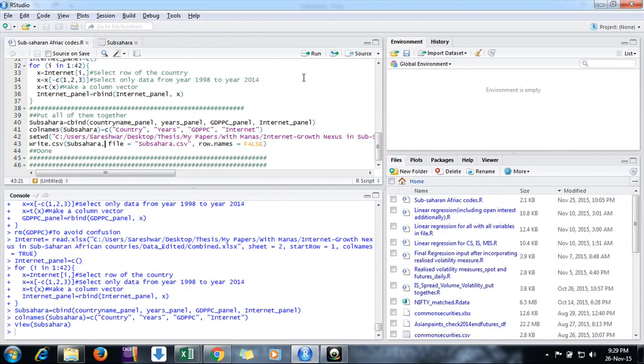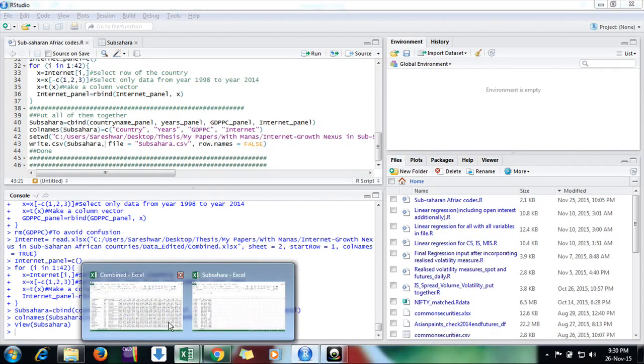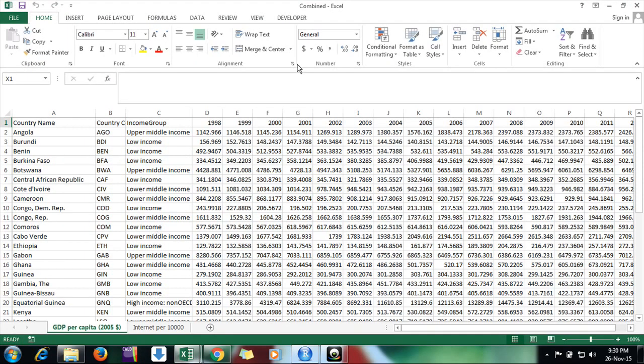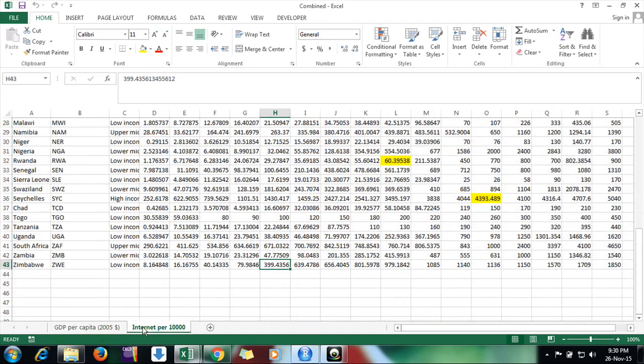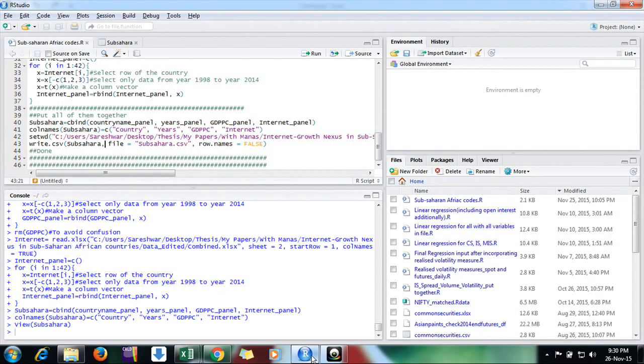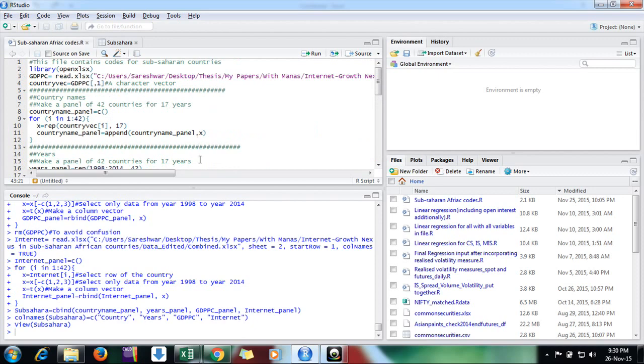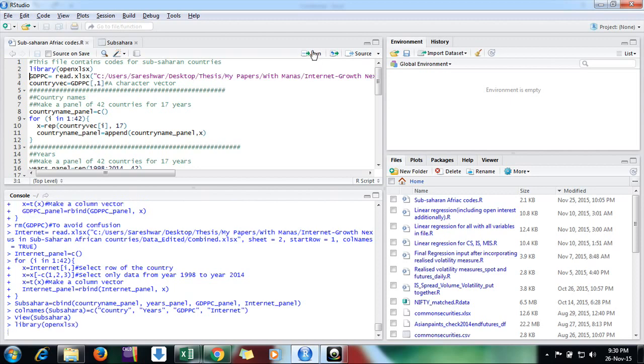I open the R, and this is our input file. This is our combined file, and this is our first sheet, GDP per capita, and second sheet, internet per capita. I want to open this first sheet. This Excel file is in XLSX form, that's why I need to call the openxlsx package.